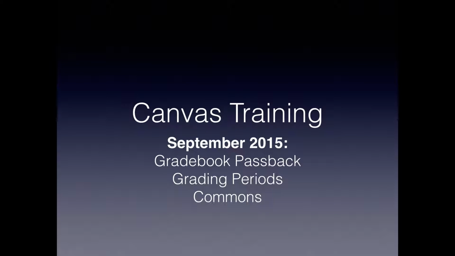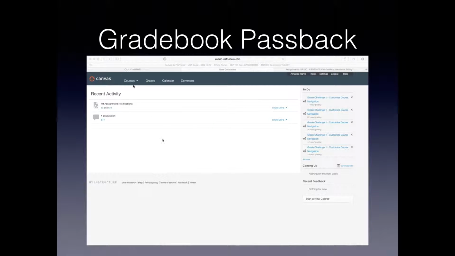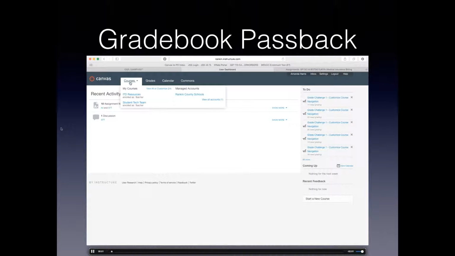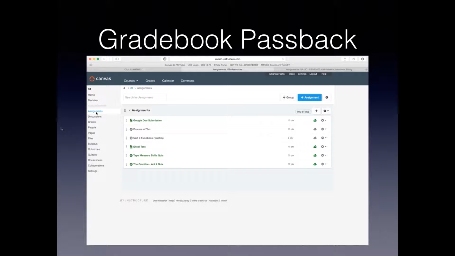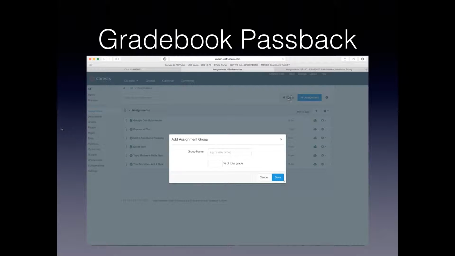Alright, this is an overview of the training that we did out of the schools in September of 2015 on Canvas. The first part is on the gradebook passback. If you go into one of the courses that you are a teacher of, and then click on the assignments link on the left, even if it's gray, you can click on it. That's going to bring us up to assignments where we need to create assignment groups in order for the gradebook